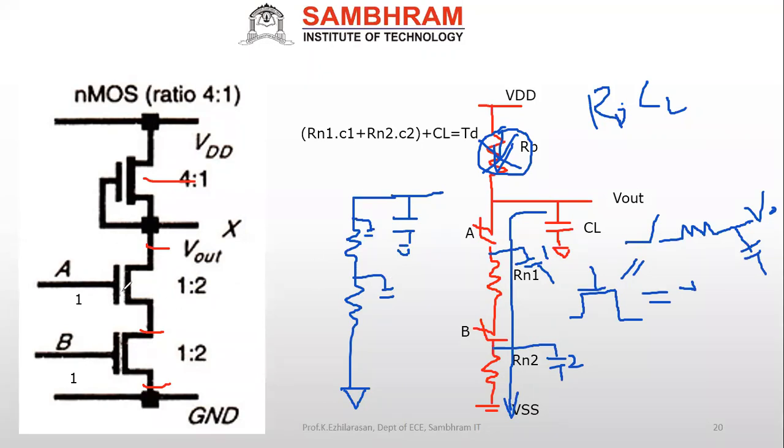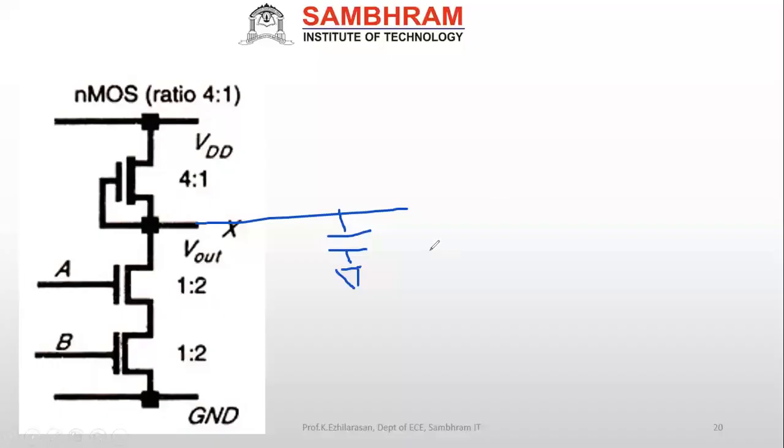So when the transistor is on, we have to add how much R and C are there. Everything will add. Finally, we have to add the last, that is your load resistance and load capacitance. If you are implementing any circuitry using NMOS, there is no static power dissipation here.